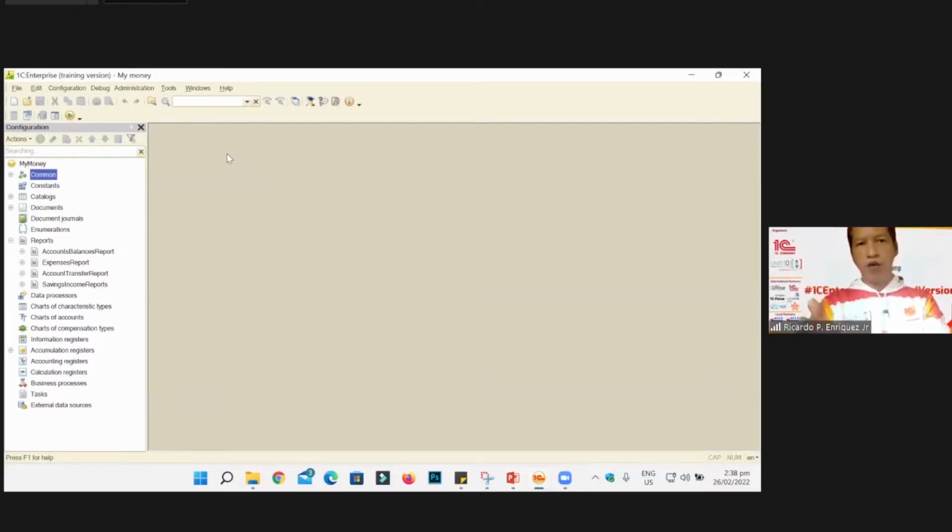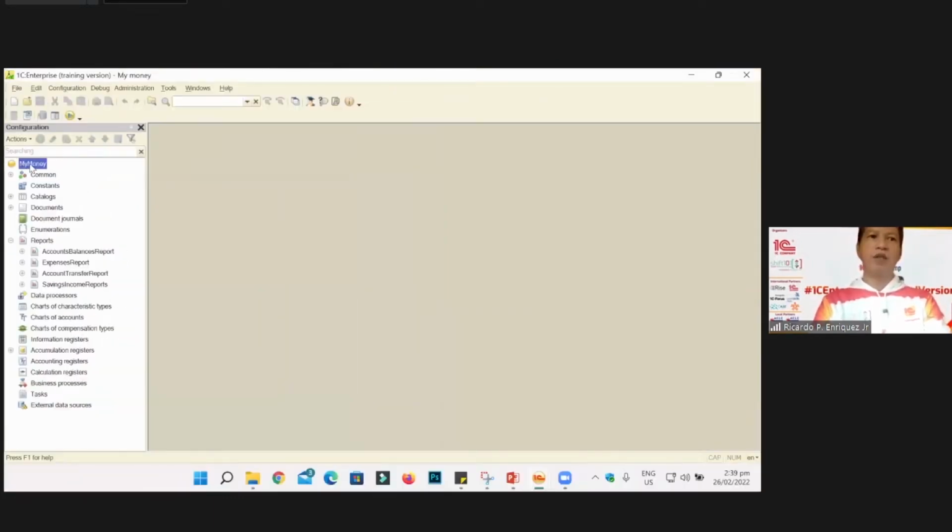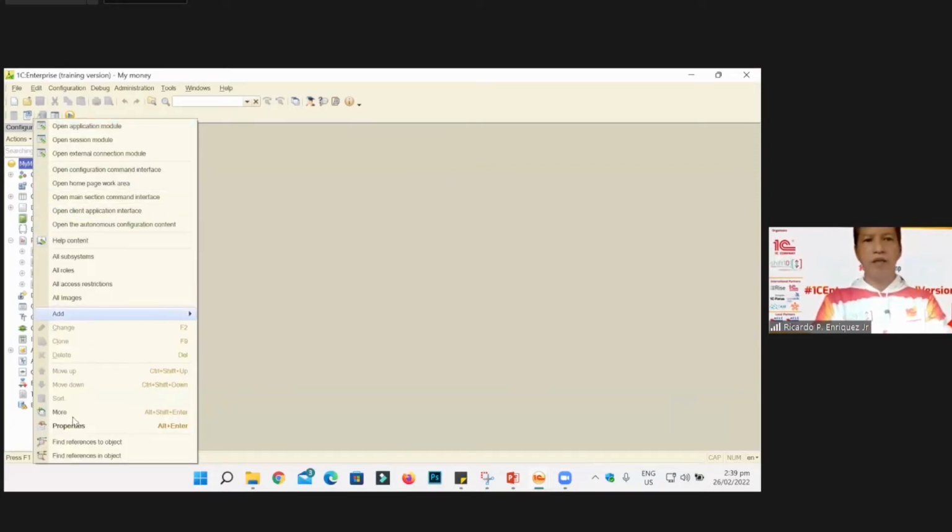I hope you are already here in our 1C Enterprise developer interface. Then open your configuration window. So this is our configuration window. And then again, go back to our configuration My Money, the one at the top of our configuration window. So this one. So right click this part and then